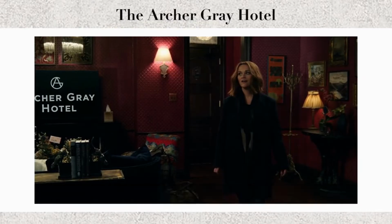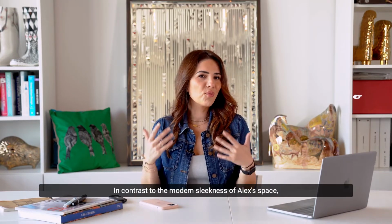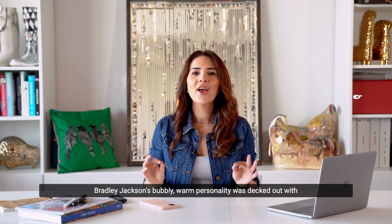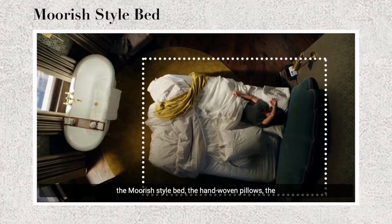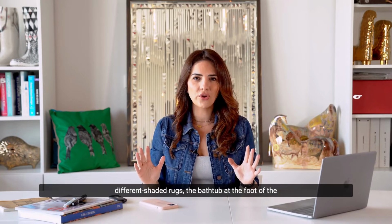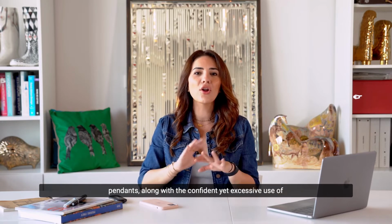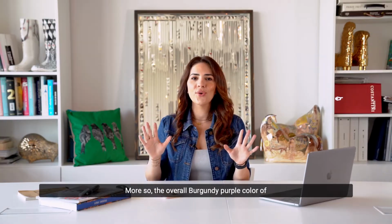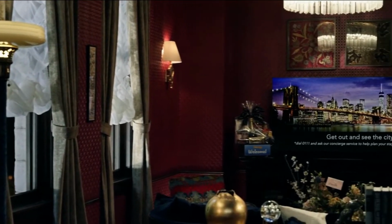The Archer Gray Hotel is another stunning interior statement that proves how interior design distinguishes characters and sets the tone for certain scenes. In contrast to the modern slickness of Alex's space, Bradley Jackson's bubbly, warm personality was decked out with a bordello, speakeasy sort of mood, proven by the Moorish-style bed, the hand-woven pillows, the different shaded rugs, the bathtub at the foot of the bed, and the old-school wall lamps and hanging pendants, along with the confident yet excessive use of different patterns, textures, and prints. More so, the overall burgundy purple color of the room was just an indicator of the kind of energy that